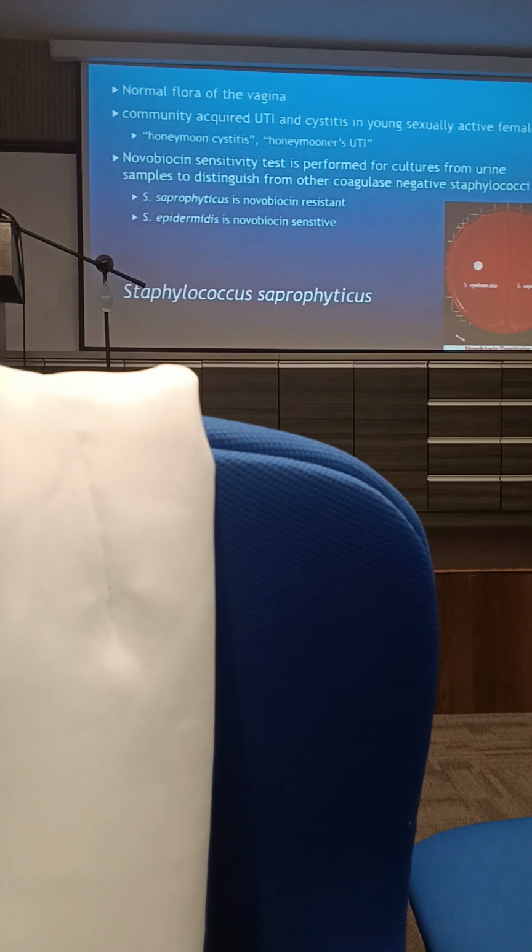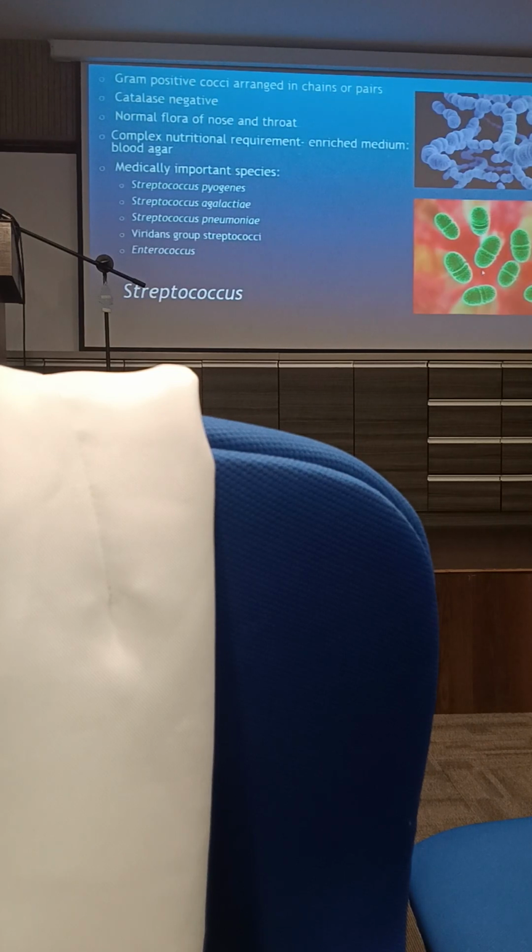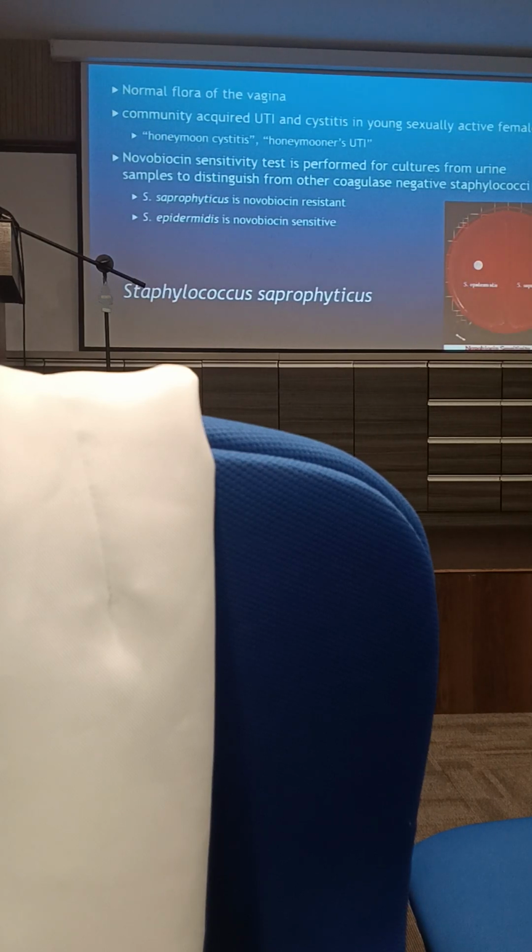and saprophyticus, now you know, is from the vagina. So you want to differentiate these two. You put a novobiocin disc, and saprophyticus is novobiocin resistant. That means it can grow in the presence of novobiocin here. This one is sensitive. Okay, next. That was our step. Done with our staphylococcus. So we are moving to